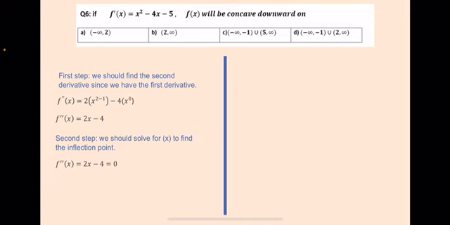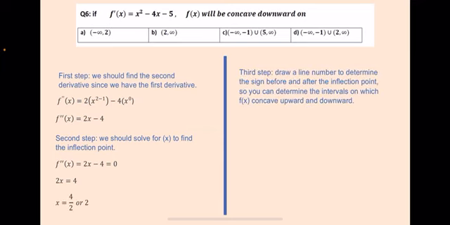So 2x minus 4 equals 0. So we'll take 4 to the other side and we will get 2x equals 4. And after that we should divide by 2, so we'll get x equals 4 over 2, or x equals 2. The third step is to draw a number line to determine the sign before and after the inflection point,